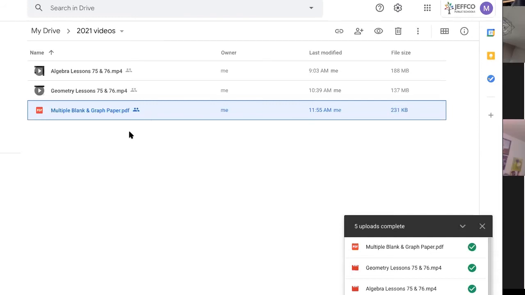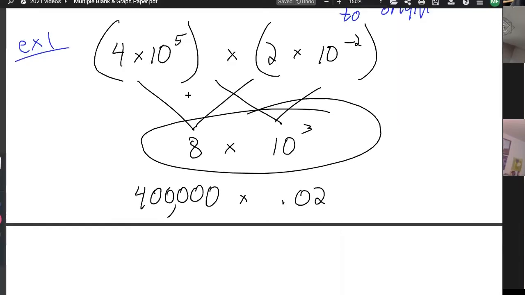All right. So we are back to here. So multiplying in scientific notation, basically you multiply the big numbers, the normal numbers, and you multiply the powers of 10. Multiplying powers of 10 is easy because all you do is add the exponents. I'm going to show you another example. Like when you multiply powers of 10 together,